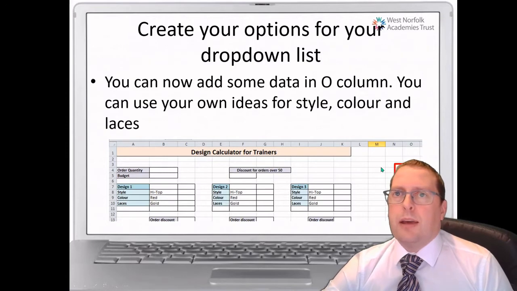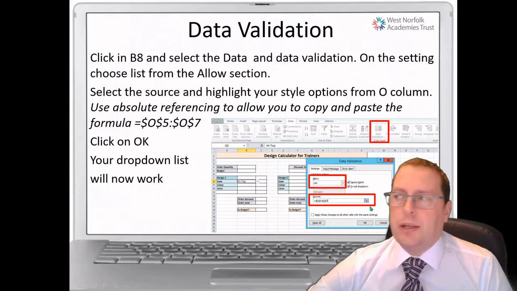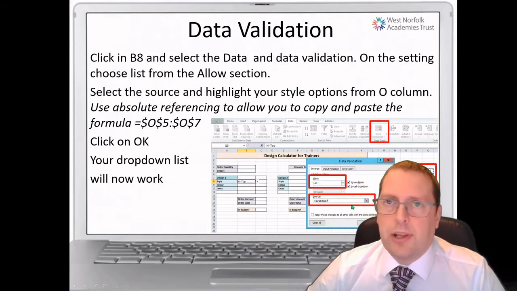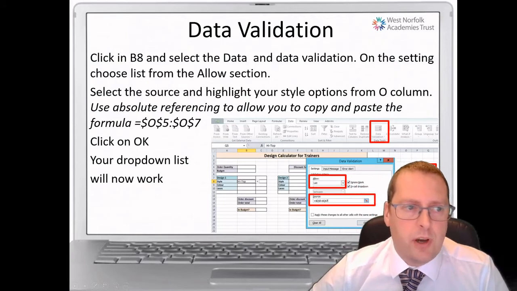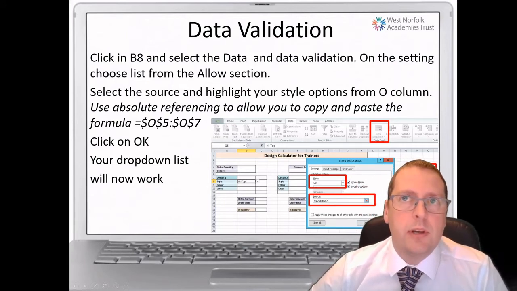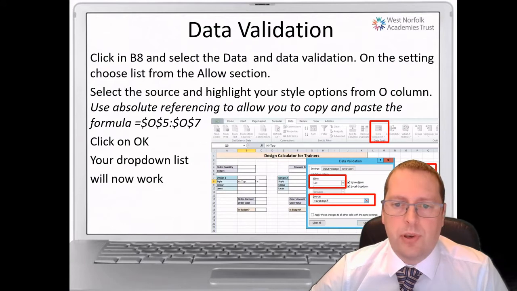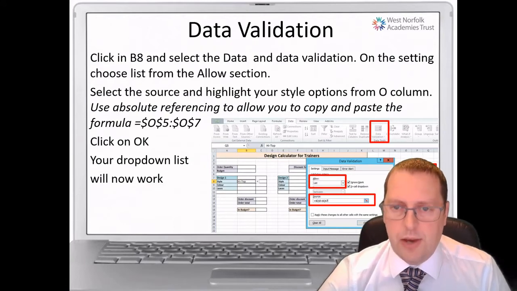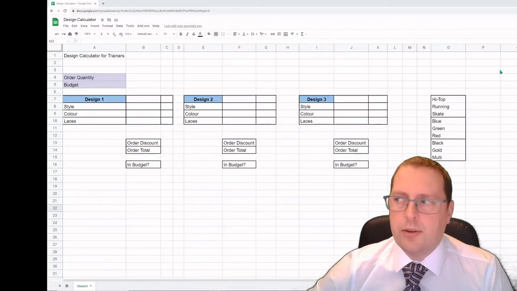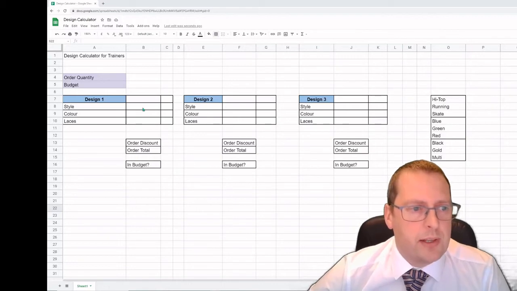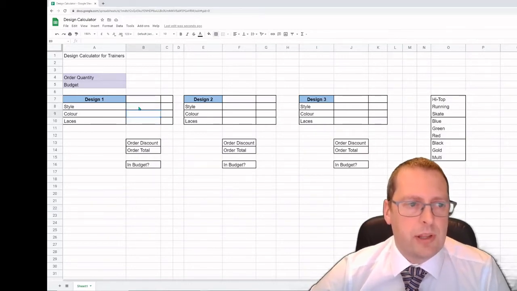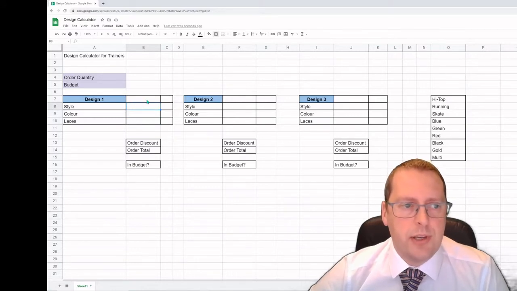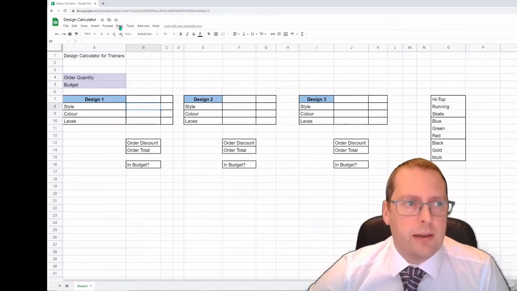So the next bit after that is we're going to create a drop down list, so that in our design we can select an item from the table that's going to get that information. So I'm going to show you how to do that in Google Sheets. And the way we do that is I select the information where the drop down menu is going, so it's in this style box, that's what I want, and I can click